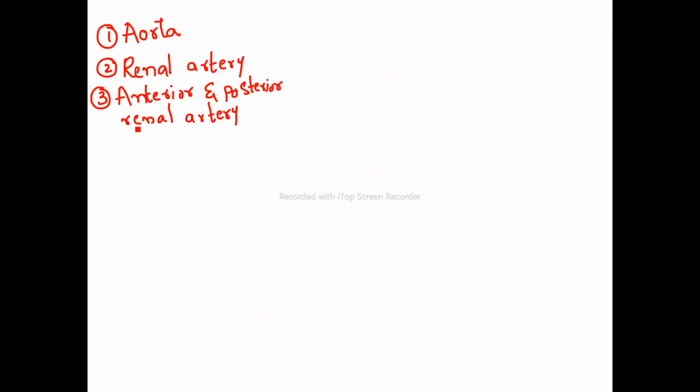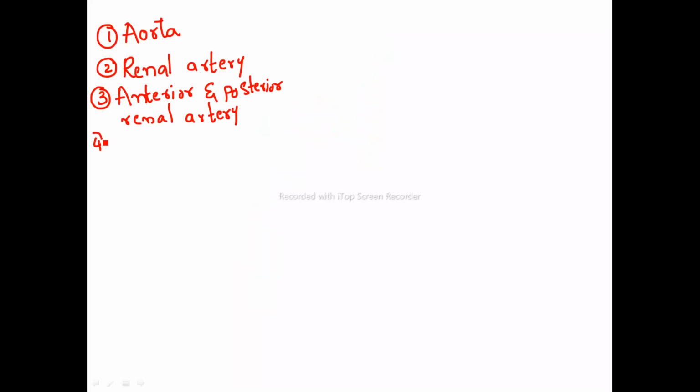Now this anterior renal artery is again divided into 4 segments. Okay, 1, 2, 3 and 4. It is getting divided into 4 segments, whereas the posterior artery will be a single segment, meaning it won't divide, it just moves forward. Okay, so this segment artery is known as the segmental artery. So the anterior renal artery is divided into 4 segmental arteries.